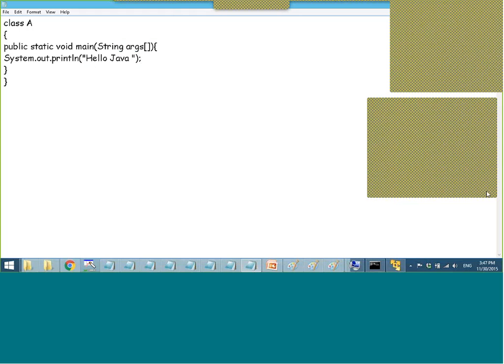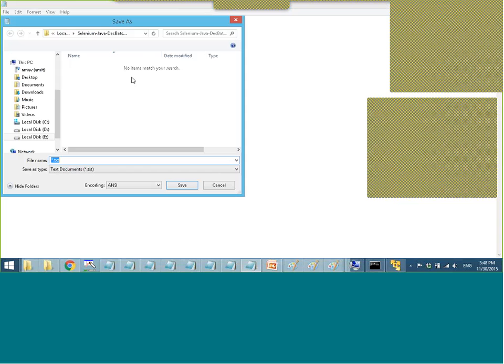Now I am saying how many ways to define a main. Right. So the first way is you can interchange this thing. So instead of public static, you can write static public. So you can define static public or public static. Right. It is allowed. So if you save this code, and let's say it's saved as A.java,